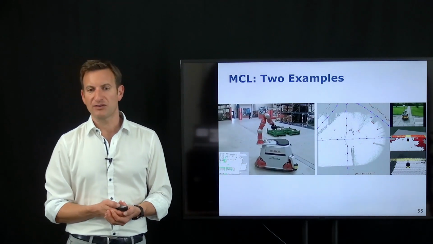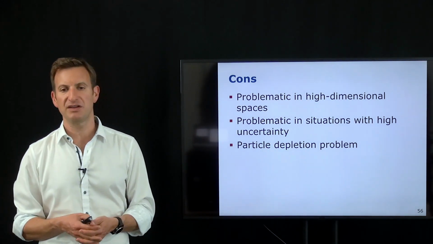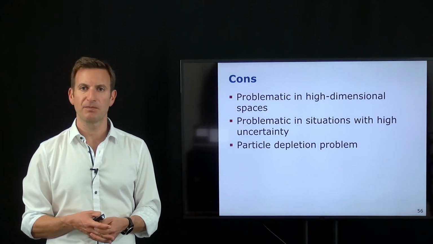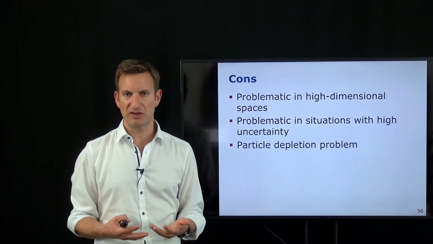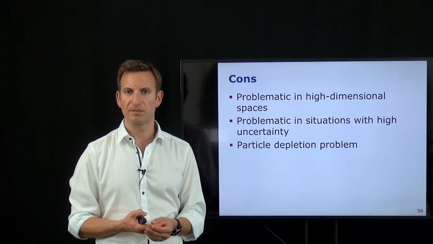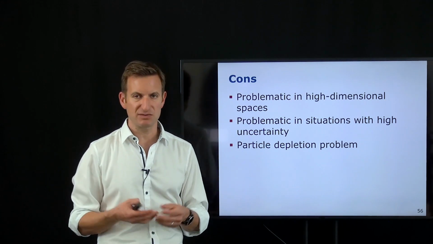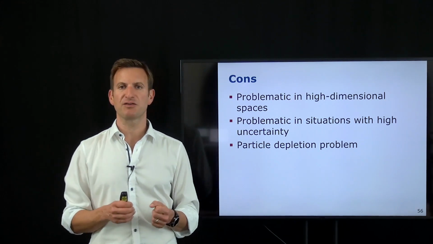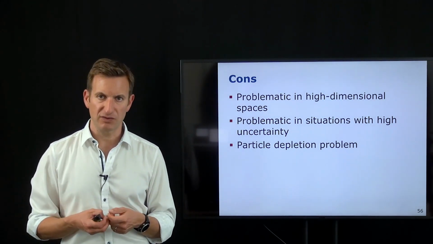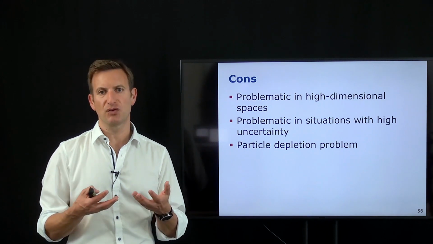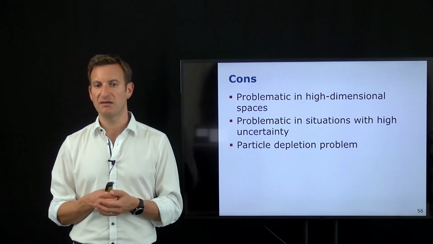The particle filter, however, also has some disadvantages. Not everything is great. One of the problematic things is if we have high-dimensional state spaces. Why is this the case? Because we need to cover our state spaces sufficiently well with samples in order to represent the probability distribution. So especially if we have 10-dimensional or 20-dimensional state spaces, particle filters typically will not work well. The particle filter works well in low-dimensional spaces, or if the uncertainty is not too huge, so that we can actually represent the space of possibilities in an efficient manner.